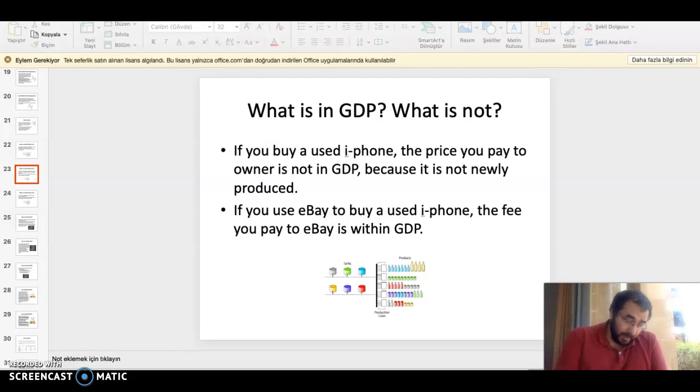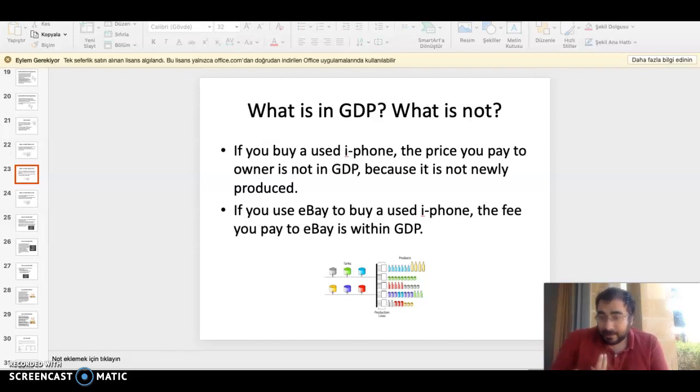However, just for your notice, if I put my iPhone on eBay, or any Turkish equivalent of eBay, like Gittigidiyor, or Amazon, and I sell my iPhone through that internet site,